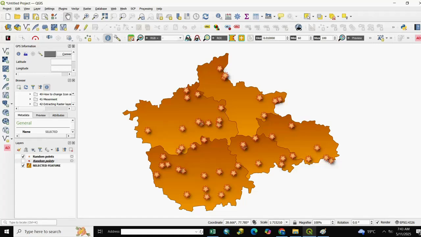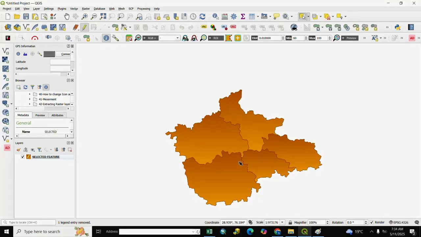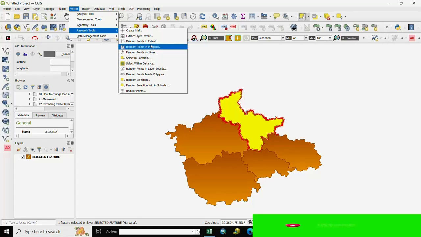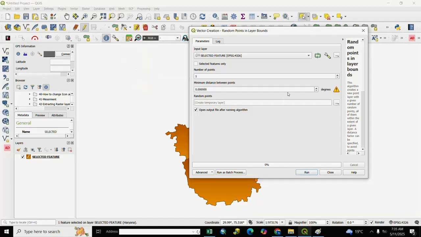So let's start. Here is our QGIS and we already opened a layer. We create a selected layer of points. We go to the selection tool and select one polygon. After selection, we go to Vector, then Research Tools, and select Random Points in Layer Bounds.